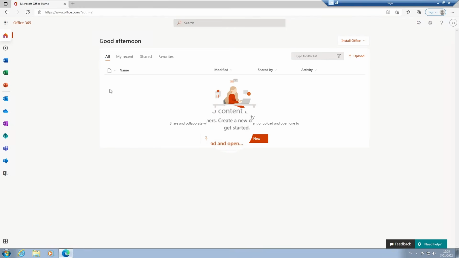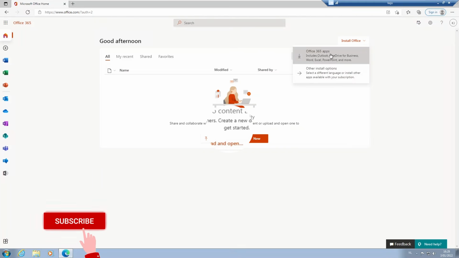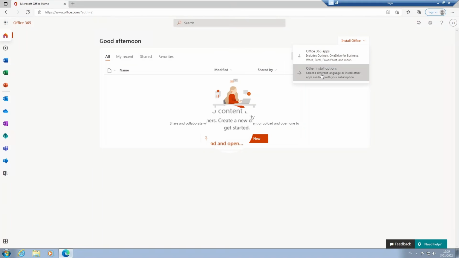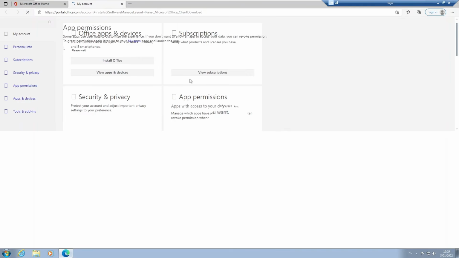So here in Microsoft Edge, I've actually logged on to my Office 365 portal. You can see that it's office.com. Automatically, it's going to take you to this page. So you can see we have the option to actually install Office. Here we can install the Office apps, which is going to include Outlook, OneDrive for Business, Word, Excel, PowerPoint, and more. But we can actually click on other installation options, which of course is going to take us to a